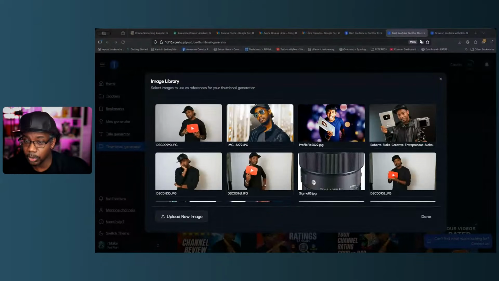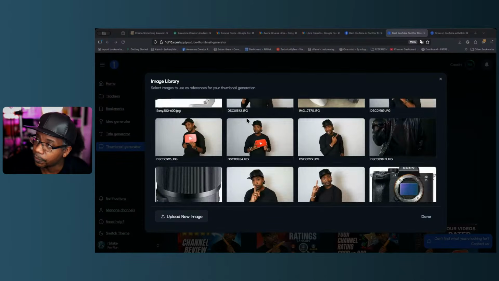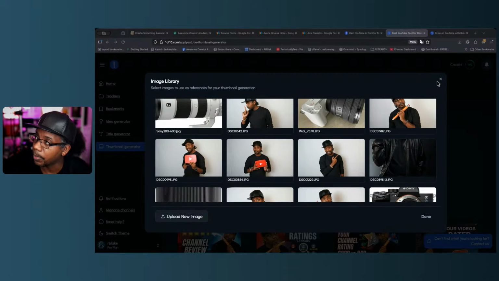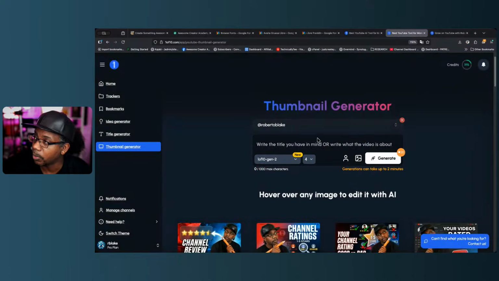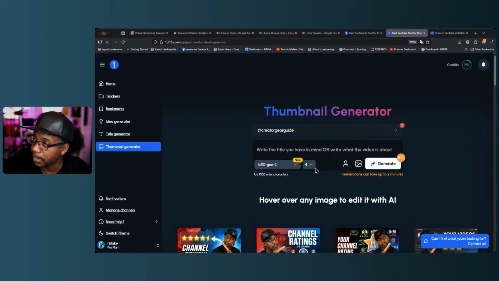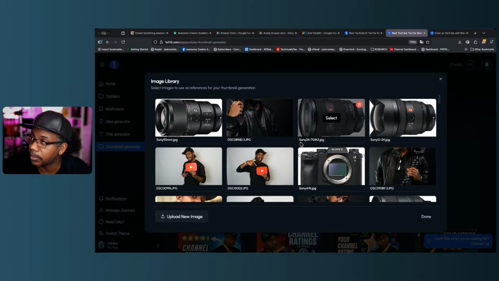And so I wanted to show you this. Using the 1 of 10 tool, what I did was I uploaded real photos, and it gives me really good results. I'll give you a primary example. We'll switch to the Creator Gear Guide channel, which is supposed to be a photography channel that I'll eventually revive. And then what we'll do here is we'll actually feed it